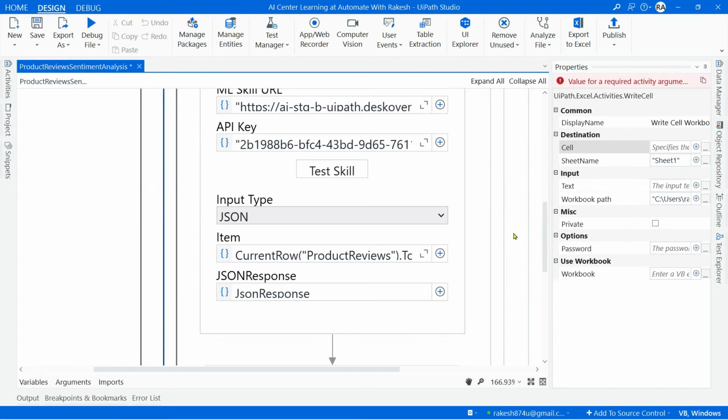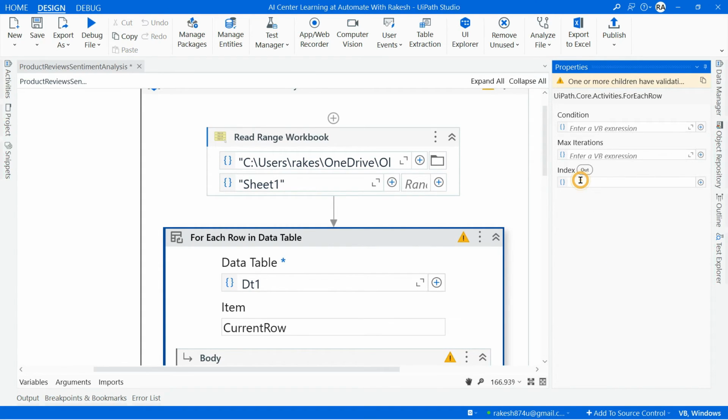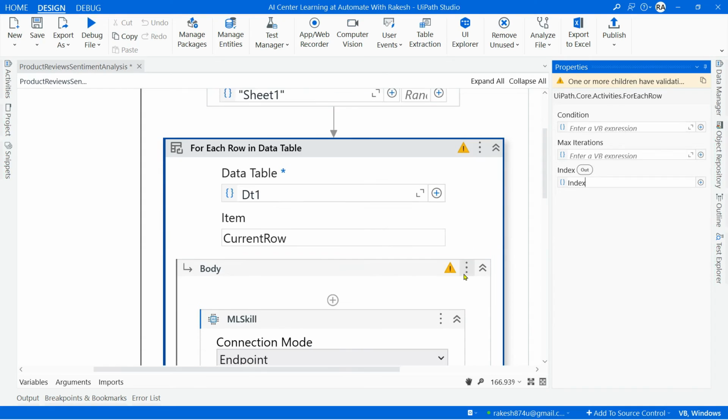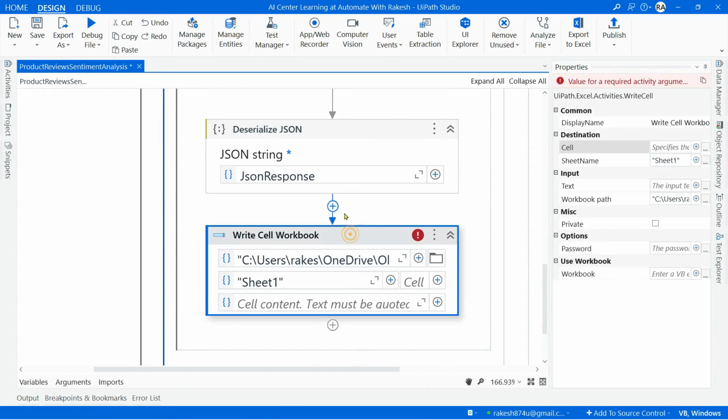Now every time, because the loop is running, this for each loop has an output called index. So I'm going to create a variable here, index. So that means the very first time when it runs, the index value will be 0, 1, 2, 3, like that. Okay, so the index variable will be very, very helpful here. So this index variable, I'm going to use it here in the write cell activity. How? Simply go to the cell,